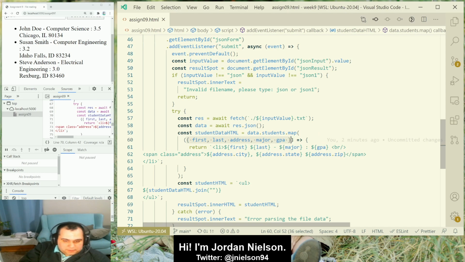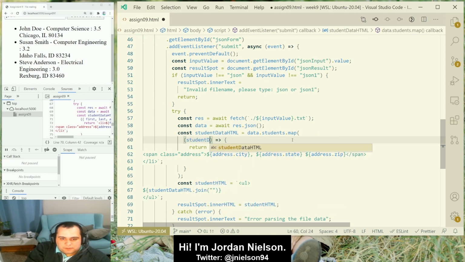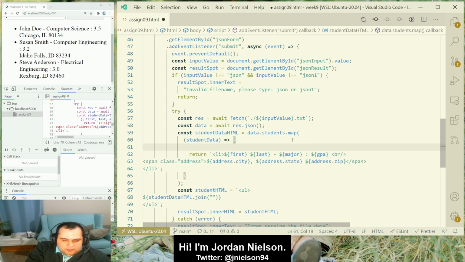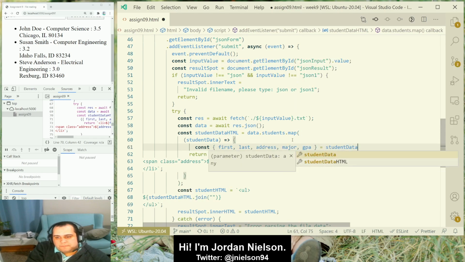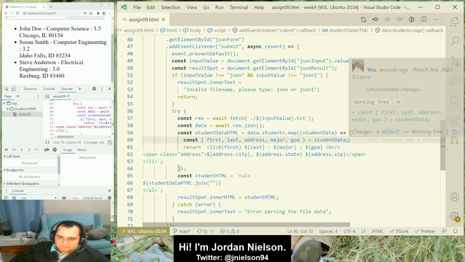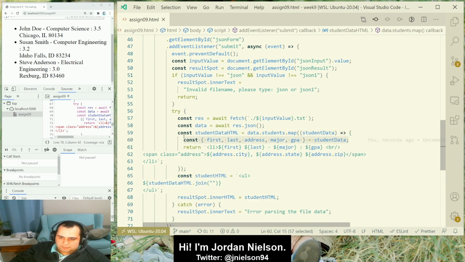Another way you could do this is you can take in the student data here and do const and stick that there. And so this is actually equivalent, but is slightly longer to type. It's also, generally people will just do it in the function parameters,